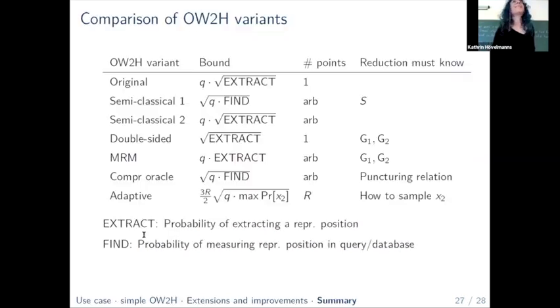Oh, question? Several times you mentioned what it means that the reduction must know G1 and G2. So it's knowledge in this case. It must know how to simulate those two oracles consistently to the attacker. So usually you have a random oracle, but it has to satisfy some additional